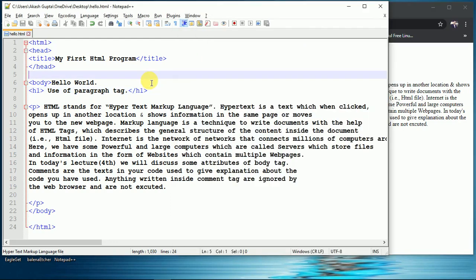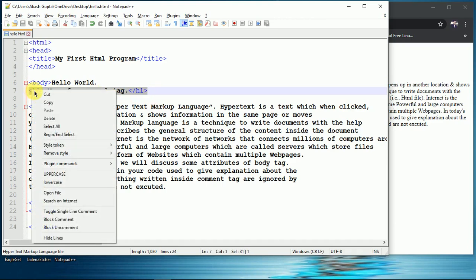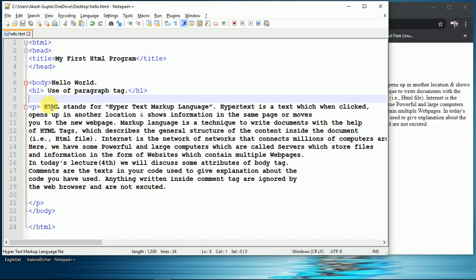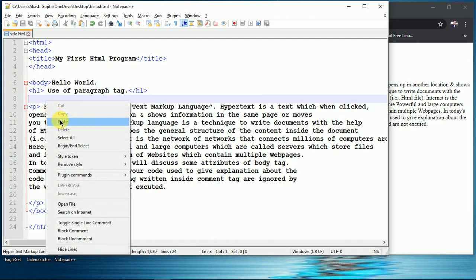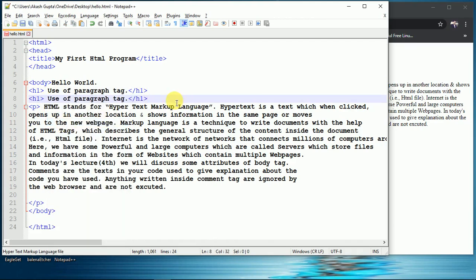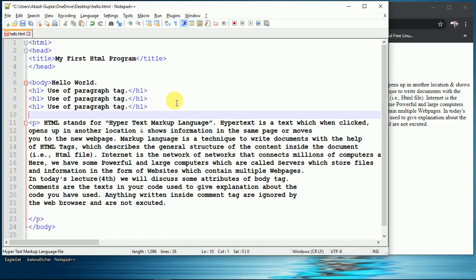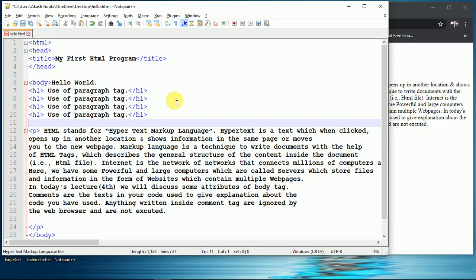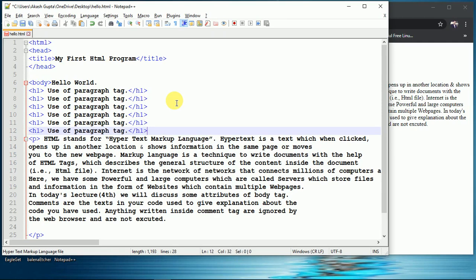Okay, so now we will use all the other heading tags. So we will copy this one and paste it 5 more times. We can also use the Ctrl V shortcut key to paste, right? 1 2 3 4 5, one more time, 6. Now we will just change the tags.